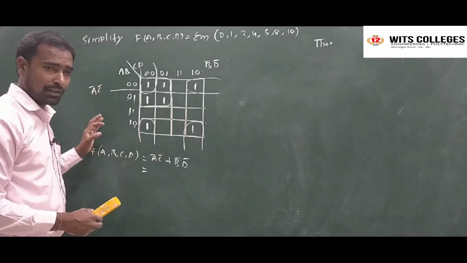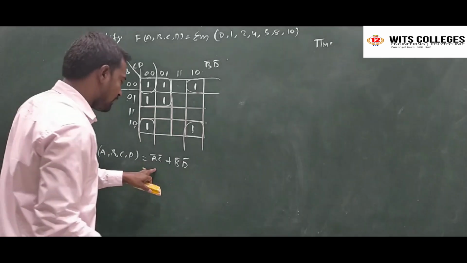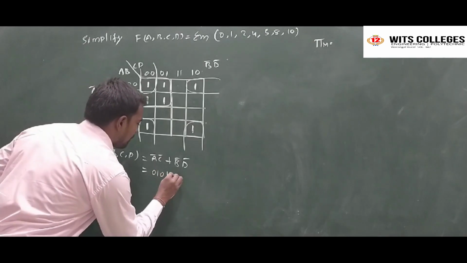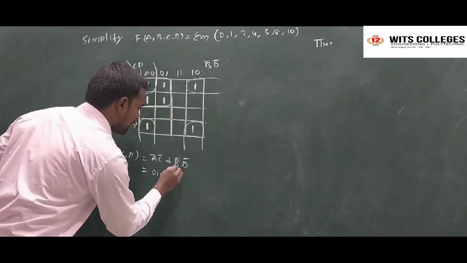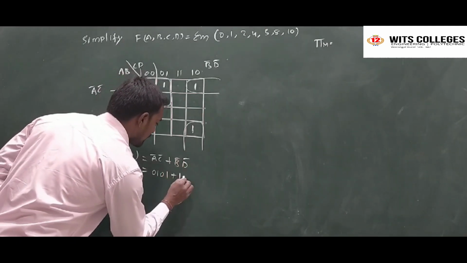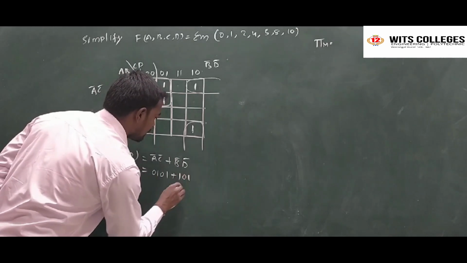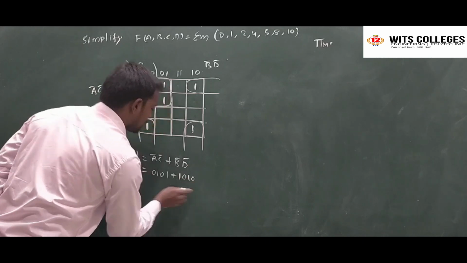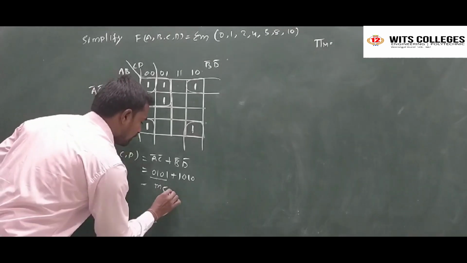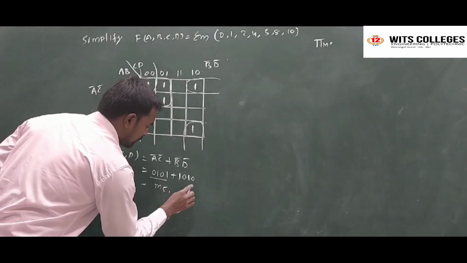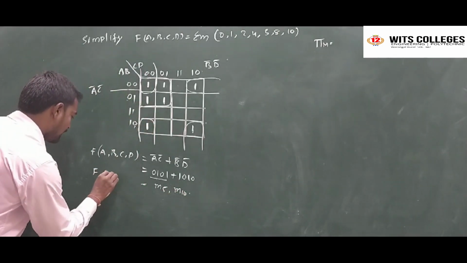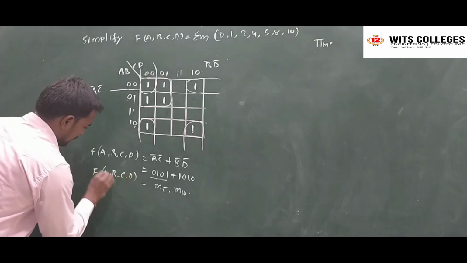Okay, if the question asks to find out the min terms, then we can write this as 0101 plus 0101 plus, and a is not there, so we can write a is equal to 1 and b is complemented, that is 0, and c is not there, that is equal to 1, and d is complemented, that is 0. So this is equivalent to 5, that can be written as m5 comma, this 1010 equal to m10. So these all are the min terms for the given function f of a comma b comma c comma d.